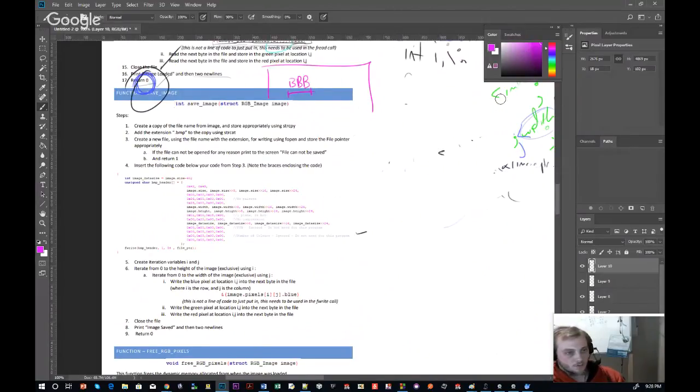Now, once you've done the load, the save is not too difficult. So create a name of the file name from image and store appropriately using string copy. We've already done that in the load. The only difference is